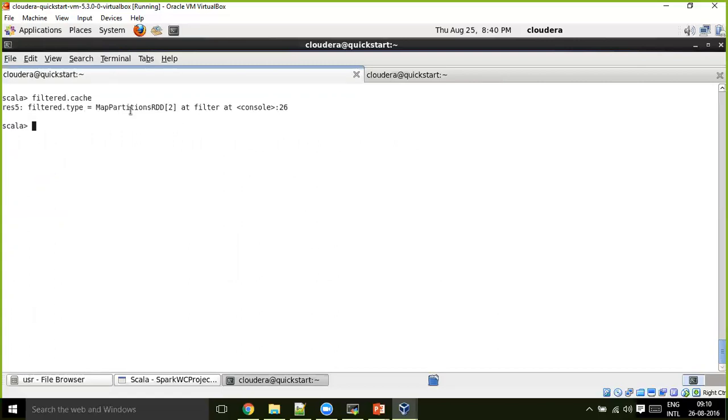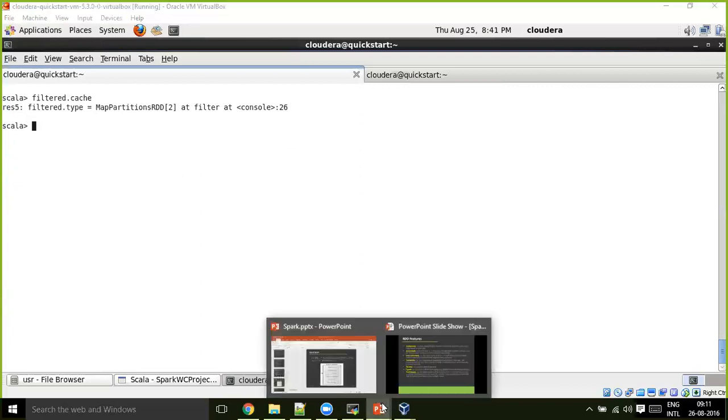Persist means store them in RAM memory, but you can do persisting of your RDD contents in various places. So if you cache them, they will get stored in the RAM memory. Now, if you perform any number of actions, it will not start from the beginning, but it will take the filtered results directly from your RAM.